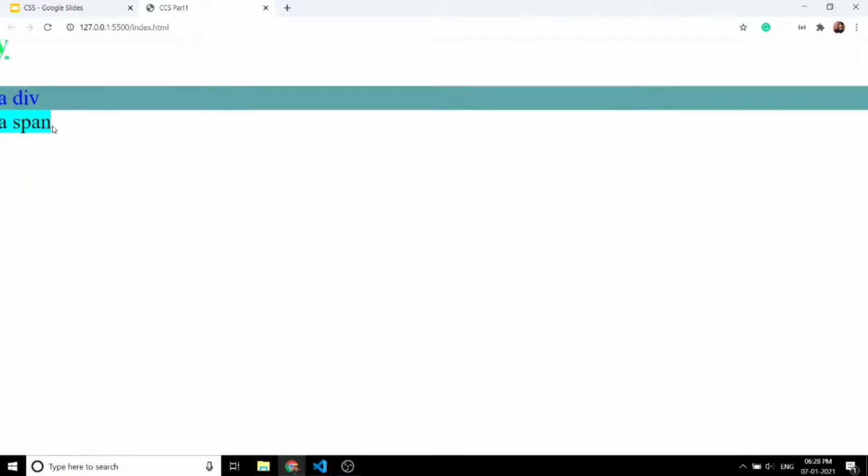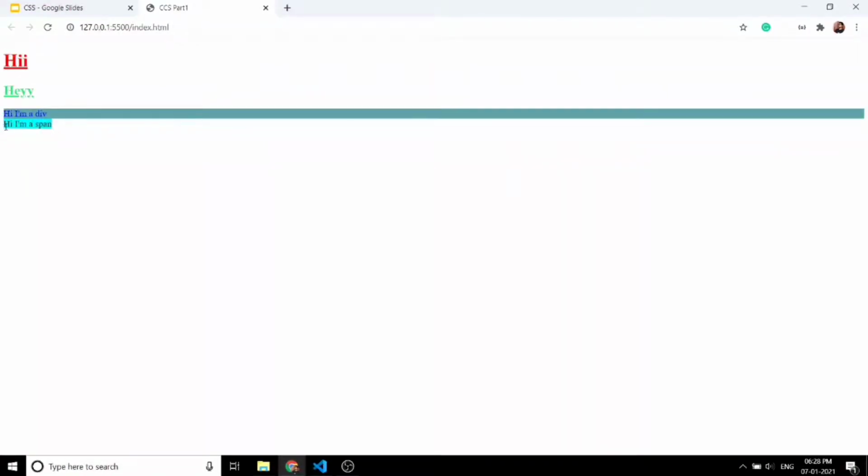So this is a span, which is an inline element which covers only the area of the content, while div is a block element which covers the whole screen. Similarly, h1 and h2 are also block elements which cover the whole screen.